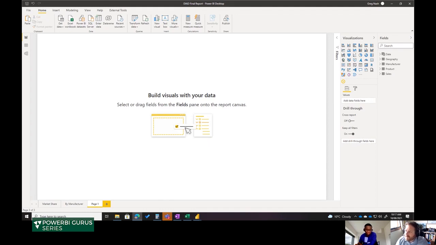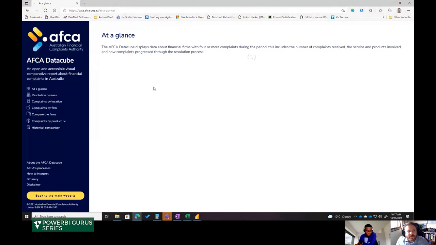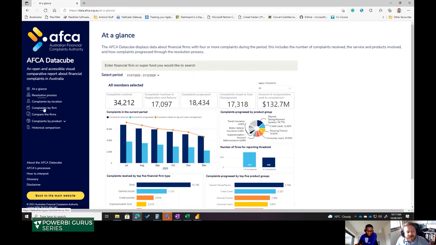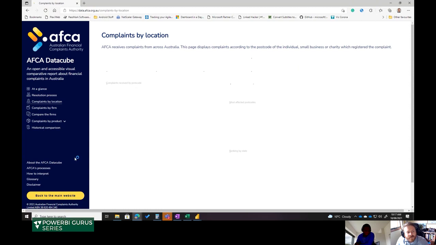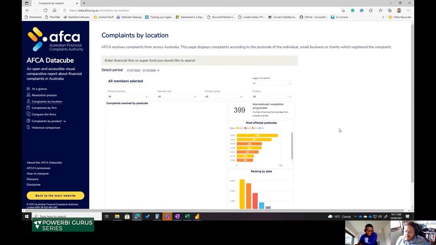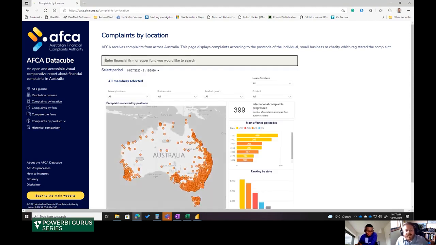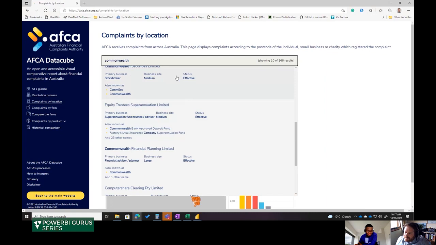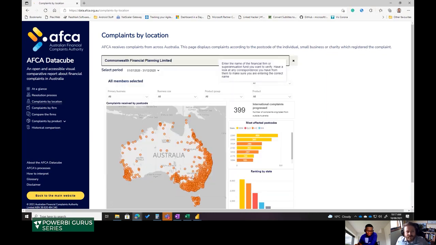I'll show you a public report that we designed where they use this kind of thing. So this is a Power BI report on the web that one of our customers, Australian Financial Complaints Authority, uses. These are all individual pages, and then they have this navigation here. You're looking for something specific, and this is built for the public. The other thing about this is it's got a custom search bar. They've got this special search bar that they've created in the website to be able to find particular